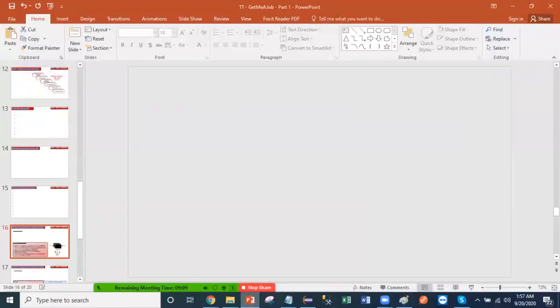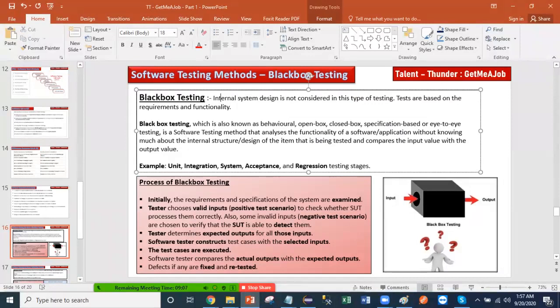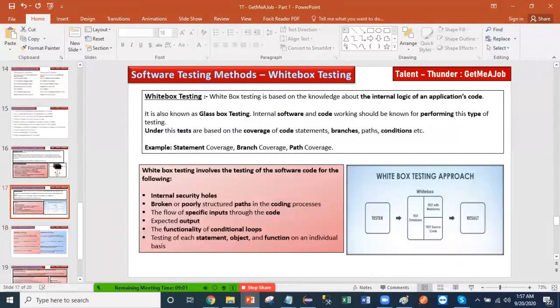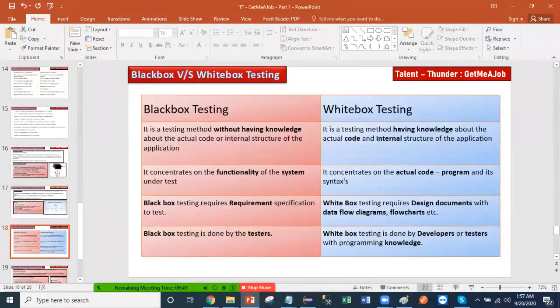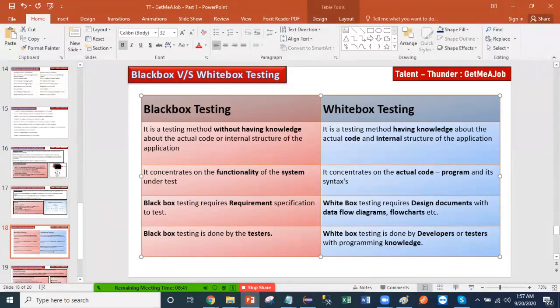Okay, so this is the white box, this is the black box testing. You see over here, the black box testing has a few parameters, and this is the white box testing, right? In white box testing, the tester will have an understanding of the actual logic, how the code is going to be developed, and all those things. And again, like verification and validation, they might ask you what is the difference between white box and black box testing, right?